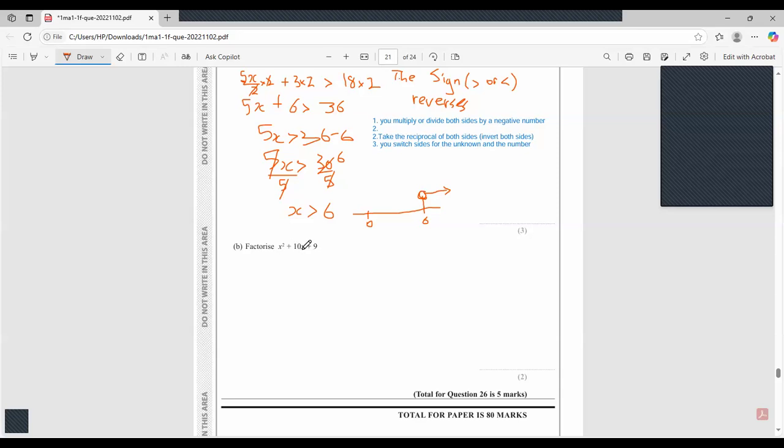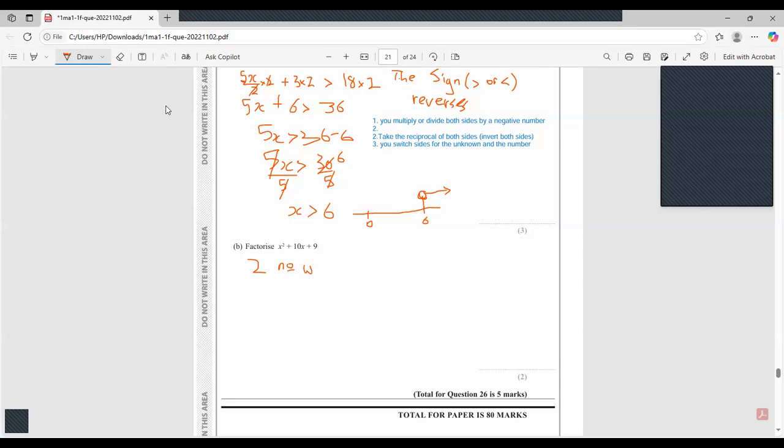So ask yourself, what 2 numbers, find 2 numbers whose